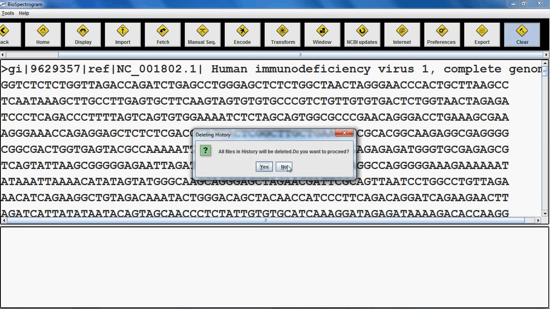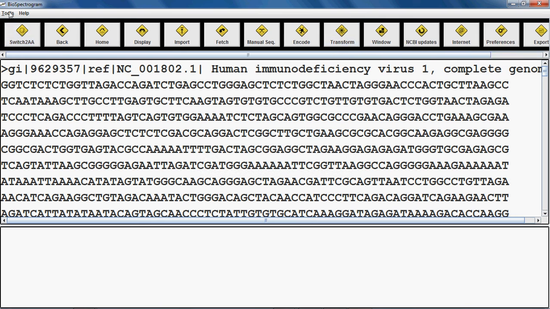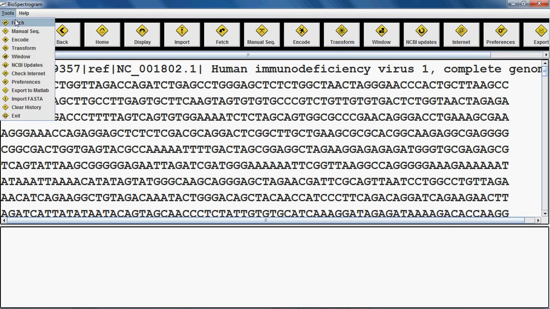In the help menu, you have the user manual option. If you click on it, the user manual will be displayed and you can refer to various things there if you are not sure how to use it. There is a software update option. When you click on it, it will take you to the home page of the download for the software. So if there are any updates, you can download it from there.